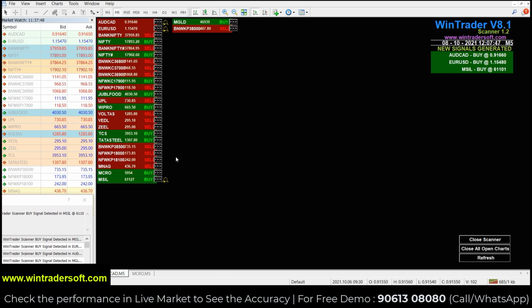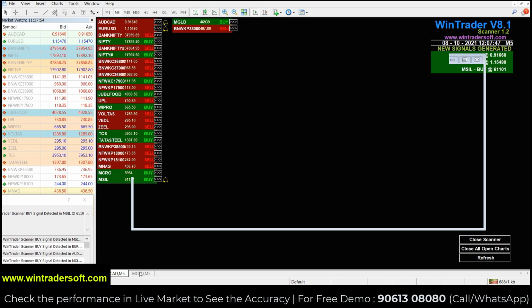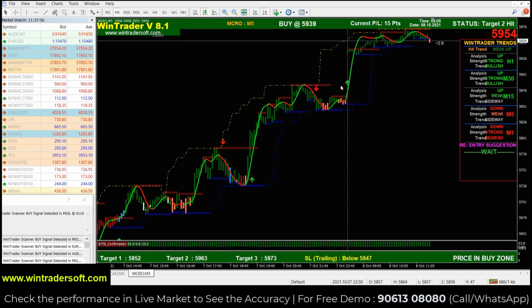Just go to the chart. If you want to go to that chart, just click on the arrow button on the right side. Click on that and you can go directly to that chart, and if the signal is confirmed there, you have to check the confirmation there. Then, if the confirmation is there, you can enter the trade. That's all. So this is a simple strategy, simple method, so you can easily find good trades and avoid false trades.